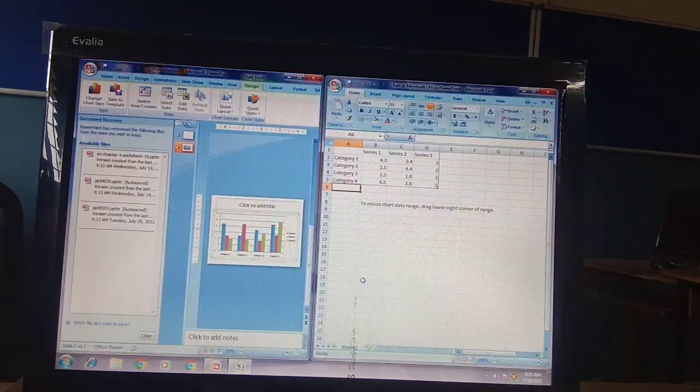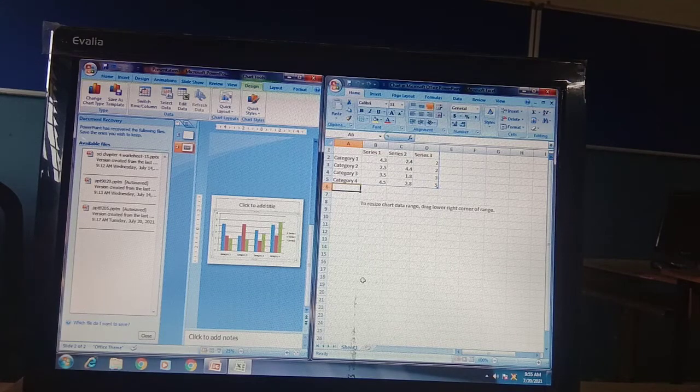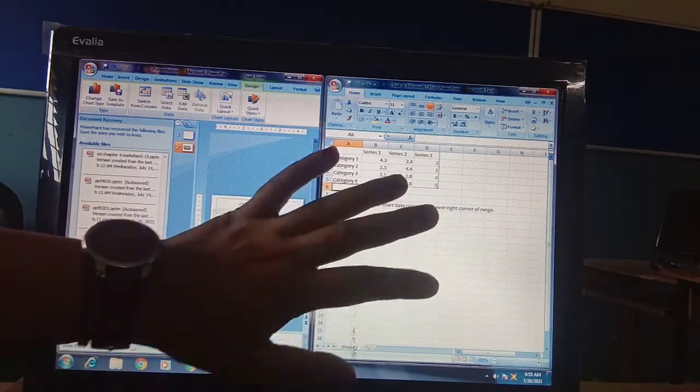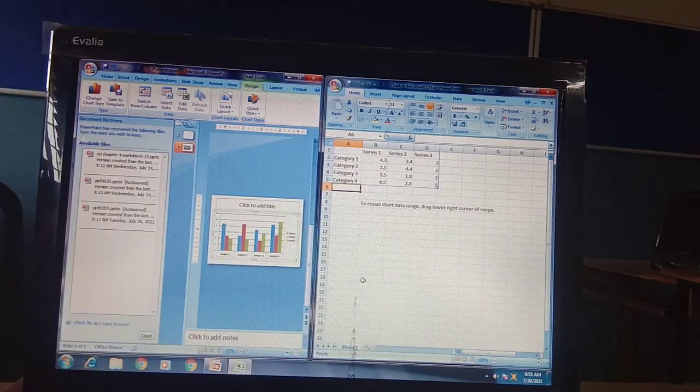As I click on the OK button, whenever we insert a new chart, a data sheet window will come with it. Because what is a chart? With the help of a chart, we are displaying the data.